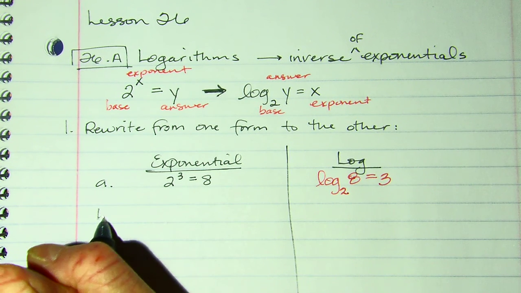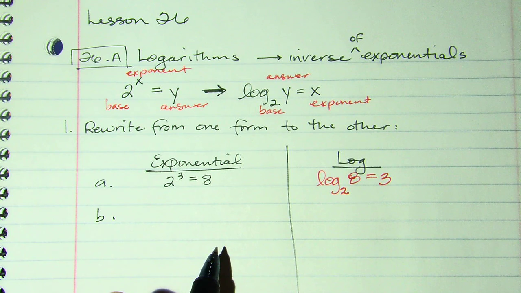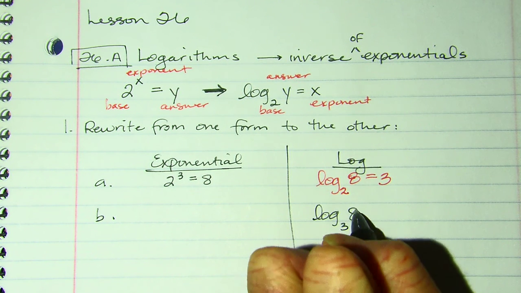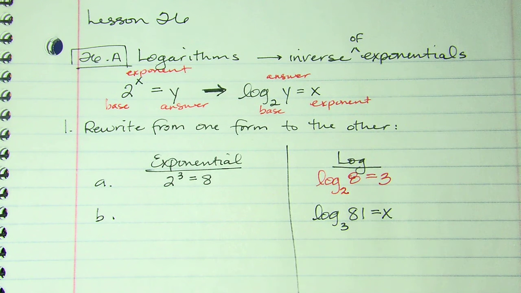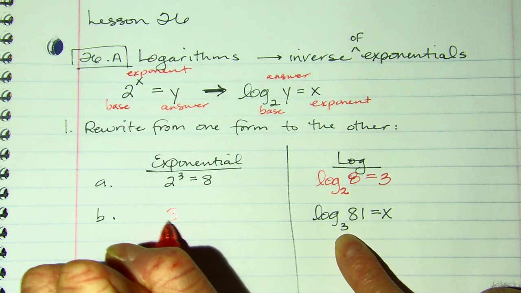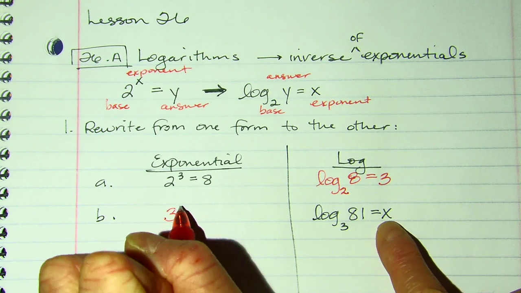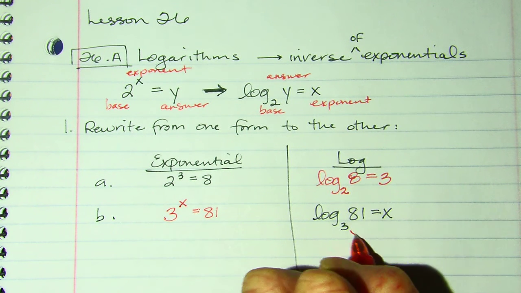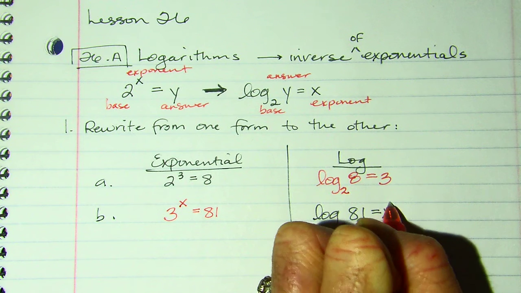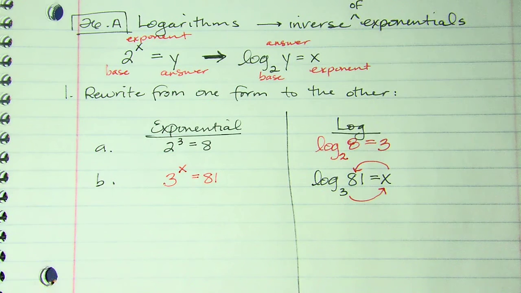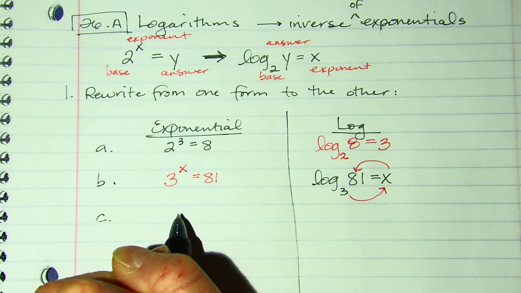Let's try part B going in the reverse direction. So write log base 3 of 81 equals x. Let's write that as an exponential. So if I write that as exponential, I go base, and then I'm going to skip over to here to the x equals 81. You go clockwise, so you write 3, then x, then 81. So if that helps you at all. Part C, exponential,